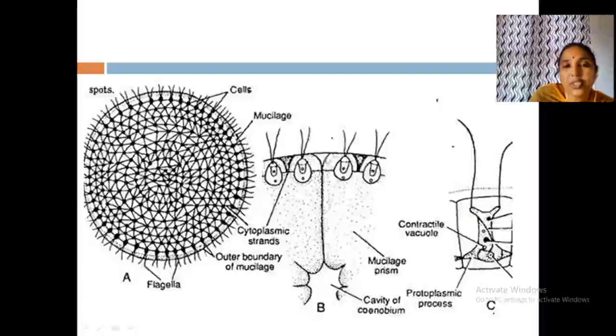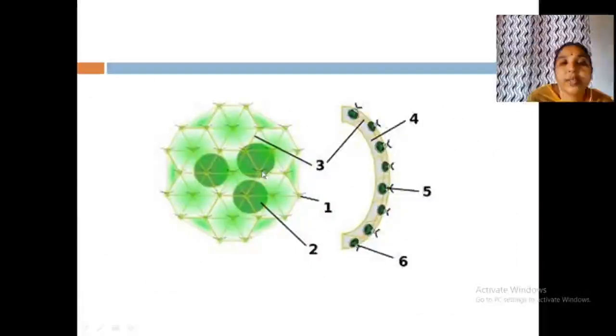This is the typical structure of Volvox. You have to draw this diagram for the examination. It is difficult to draw everything, so only draw the circle, and on one part you can show the cells. Clear? Okay. Now see, this is a colorful diagram. Green colored cells. These large cells are usually the daughter colonies.